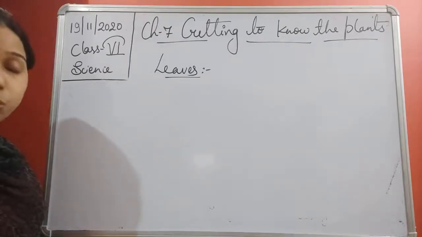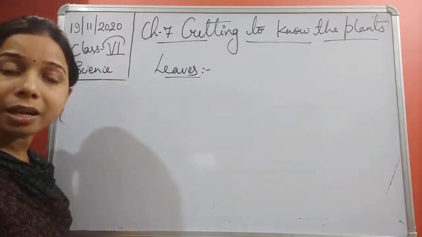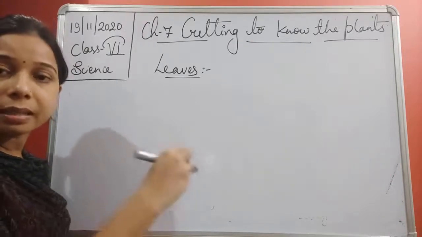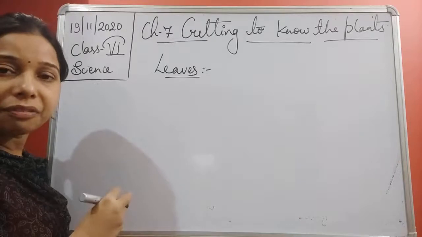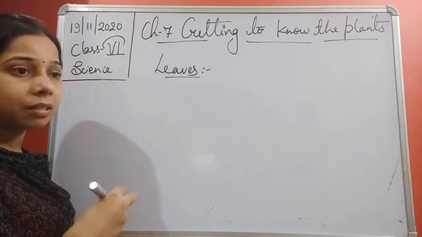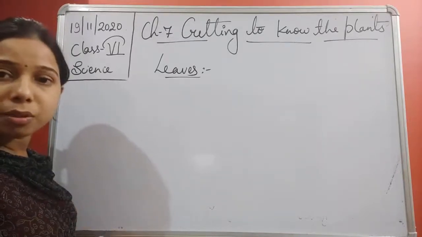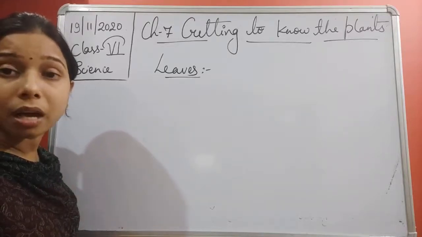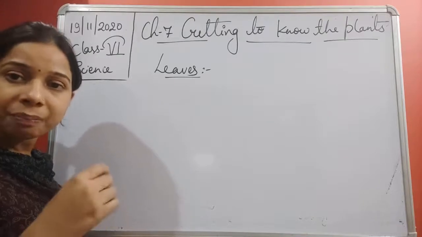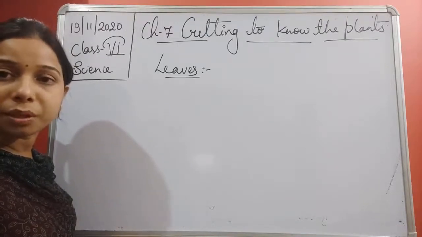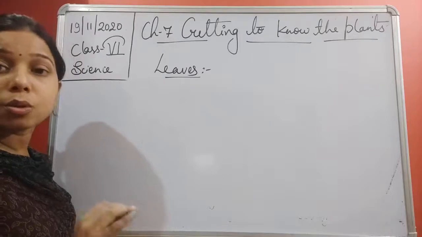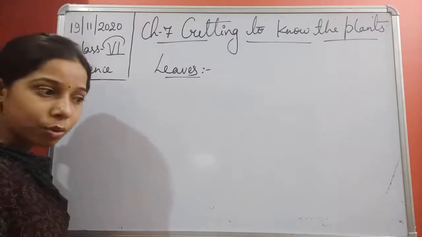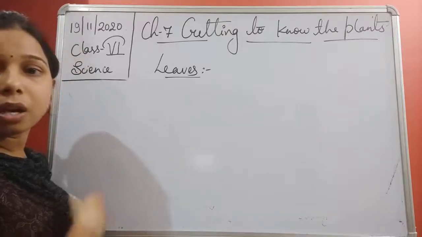Veins are basically what? A midrib is a single main vein present in the middle of the leaf. From the midrib, small thread-like structures come out, and those are known as the smaller veins. The midrib is also a vein which carries water and minerals from the stem to the leaves and to the other veins.